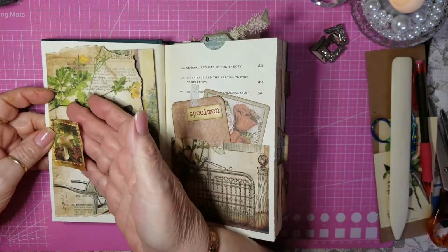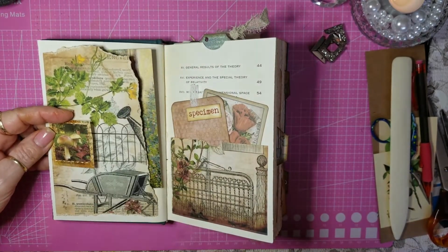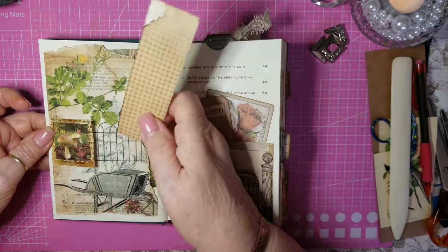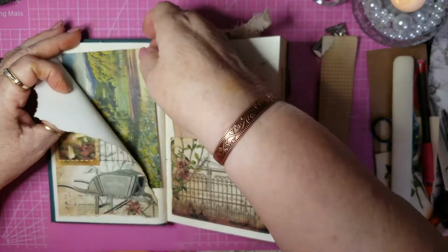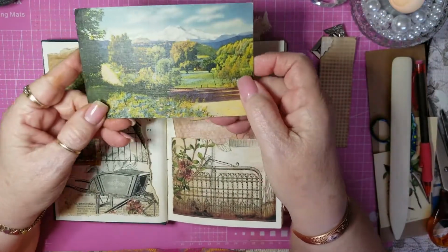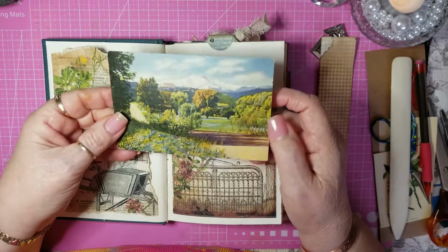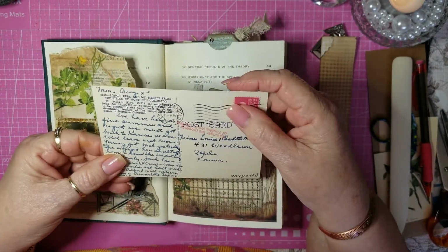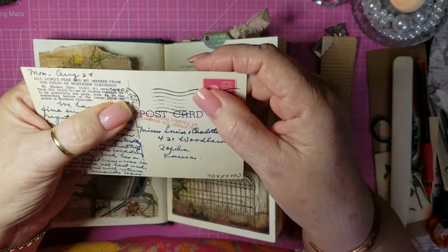Okay, this one has a tuck here. Better get something to use. Let's see. This one has a tuck here and a pocket, a big pocket. And in here I put in a vintage postcard. It's the actual postcard, and it's from 19...